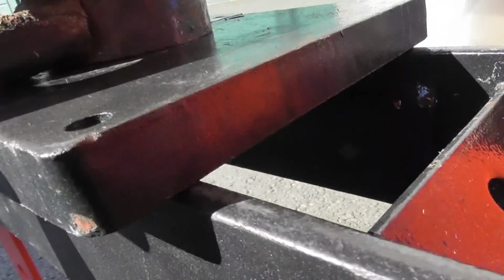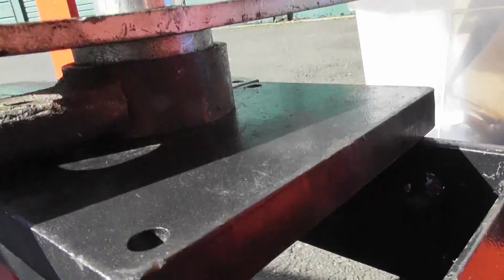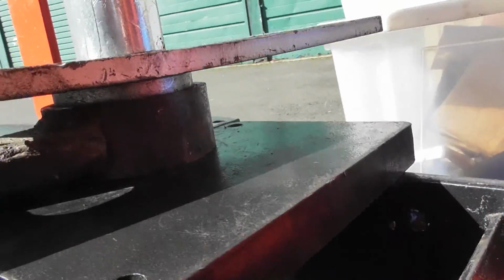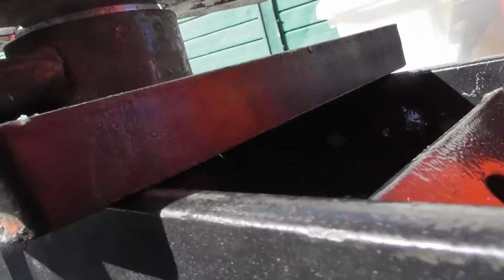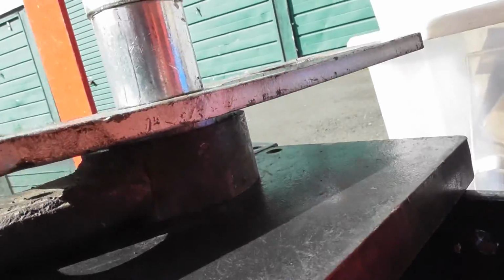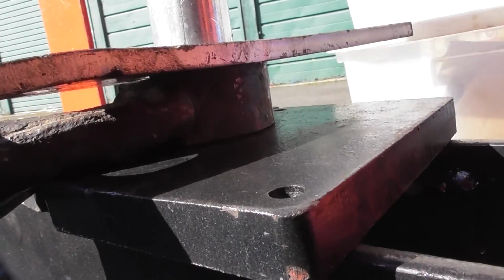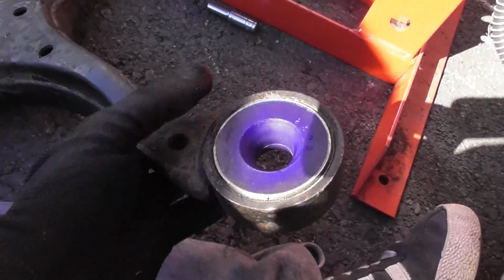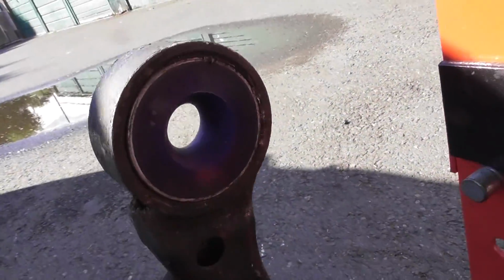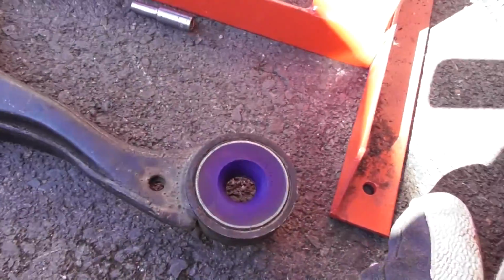So it's just going in nice and straight, which is what you want. Okay, and then wait till it's all the way home. So that is it home. Have a look. Should be seated the whole way around and below. And that is how to do it. So, ready to go on the car now. Apart from